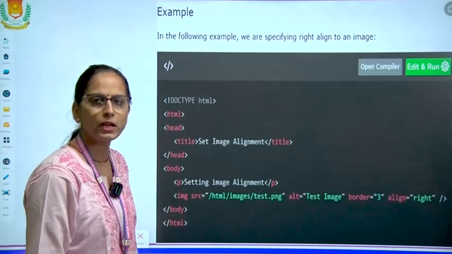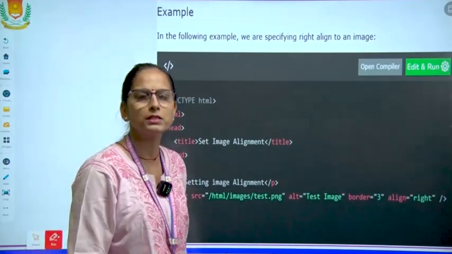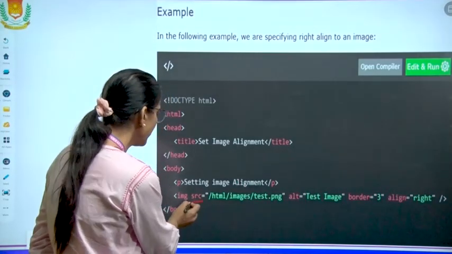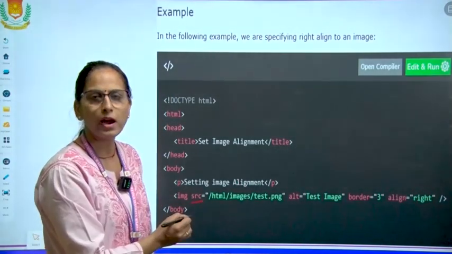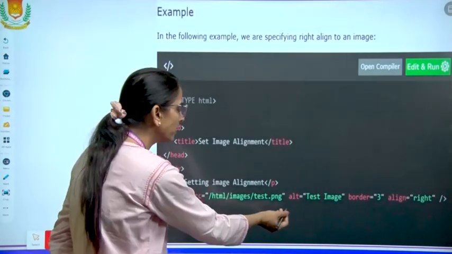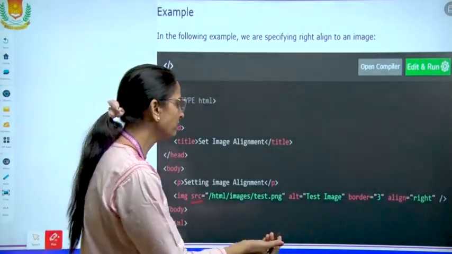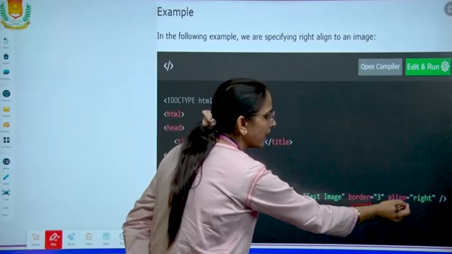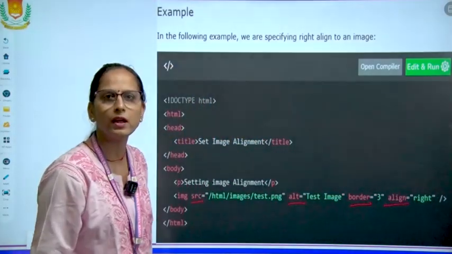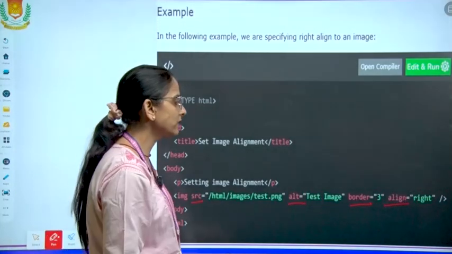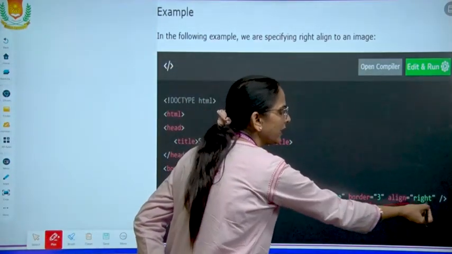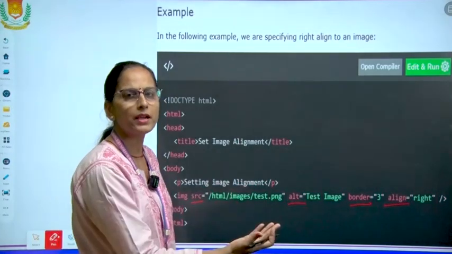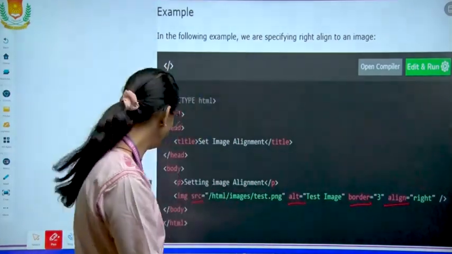Whatever tags are required can be used. All these attributes are optional. SRC is a mandatory attribute because without this your image will not be displayed. After that we have alternate text, then border, align, width and height. So these are the attributes. Align equals right, so your image will be displayed on the right side of your web page.